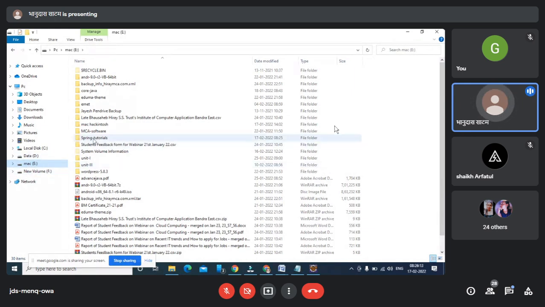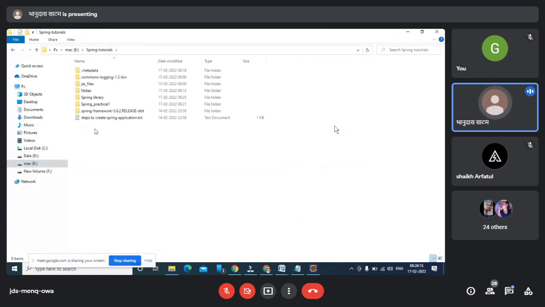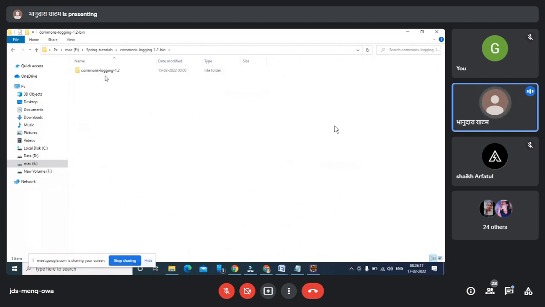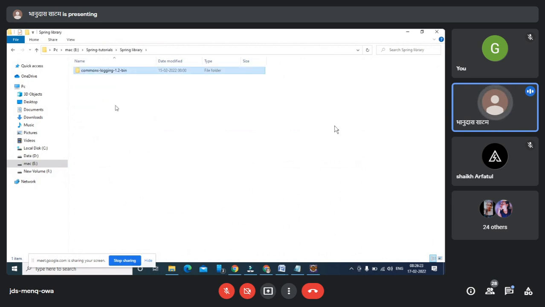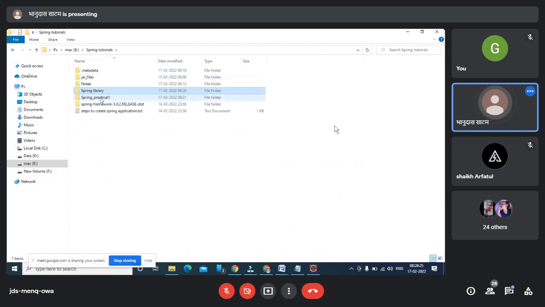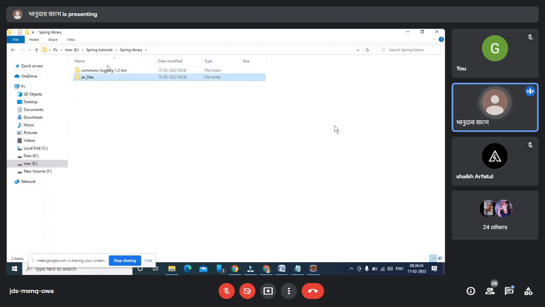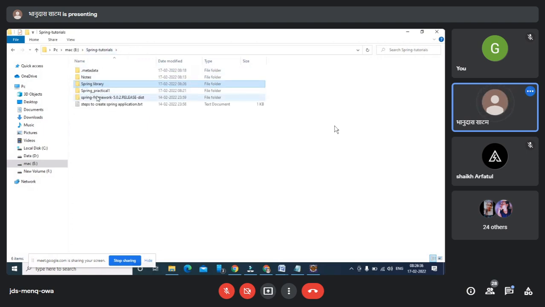So here I'm using a Spring tutorial again, and I'm moving my common files to explain where I place all the libraries. So this is the first library. The second library is the jar files, which are also available in the Spring library here, and the third is my Spring Framework distribution kit.